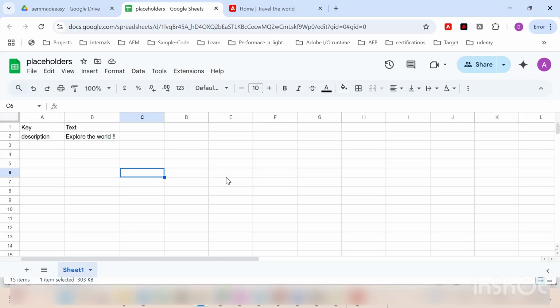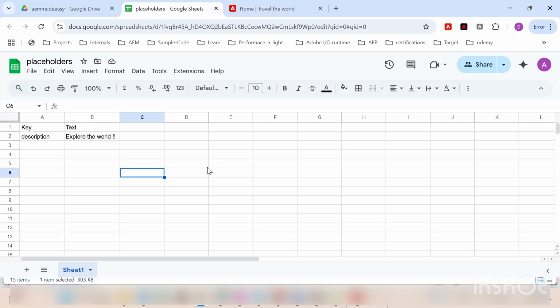So basically, in every website, there are a few strings or literals that are used extensively, and it can be used in case of a multilingual site. The same string or key can be used on multiple sites. So it's better to manage these strings, literals, or you can say keys in one central place, and that is